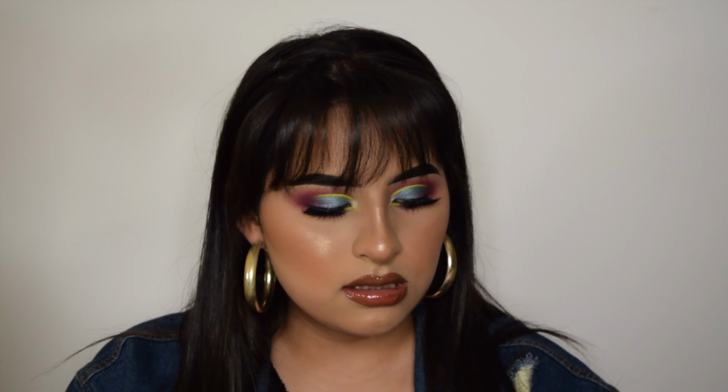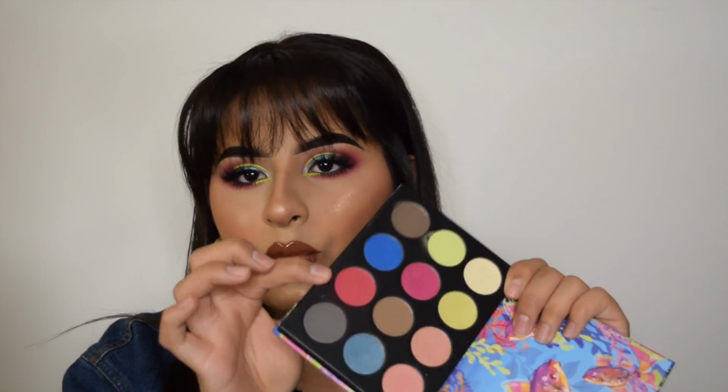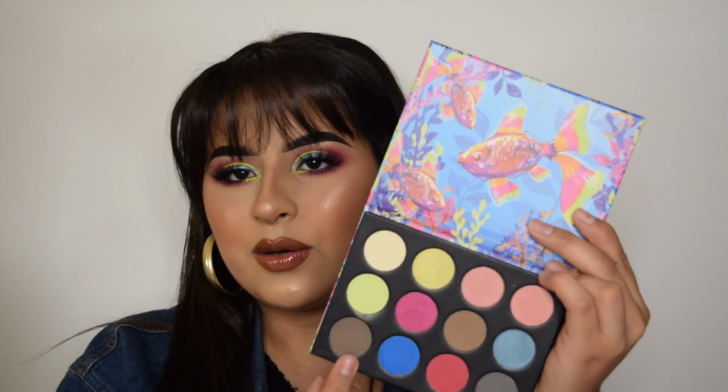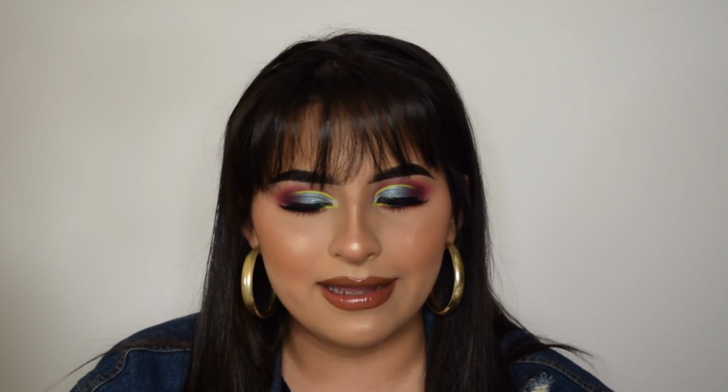Okay, so the shadows, I didn't really play with all of them because these palettes are really pretty. I just feel like they need more colors that are matte. Like if there was a lot more of these pink shadows, I would definitely use it. I'm not a big fan of these brown colors because they're really cool toned and I like my warm